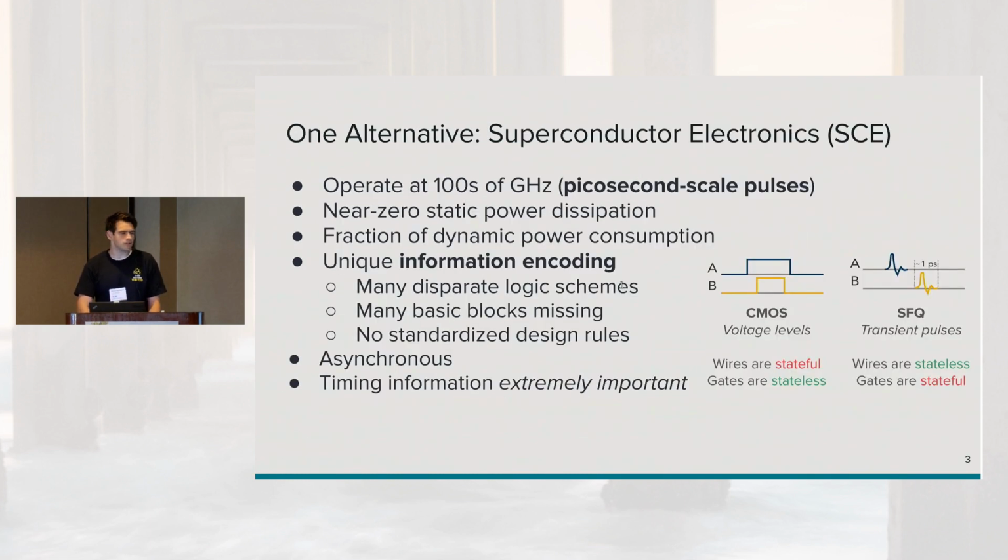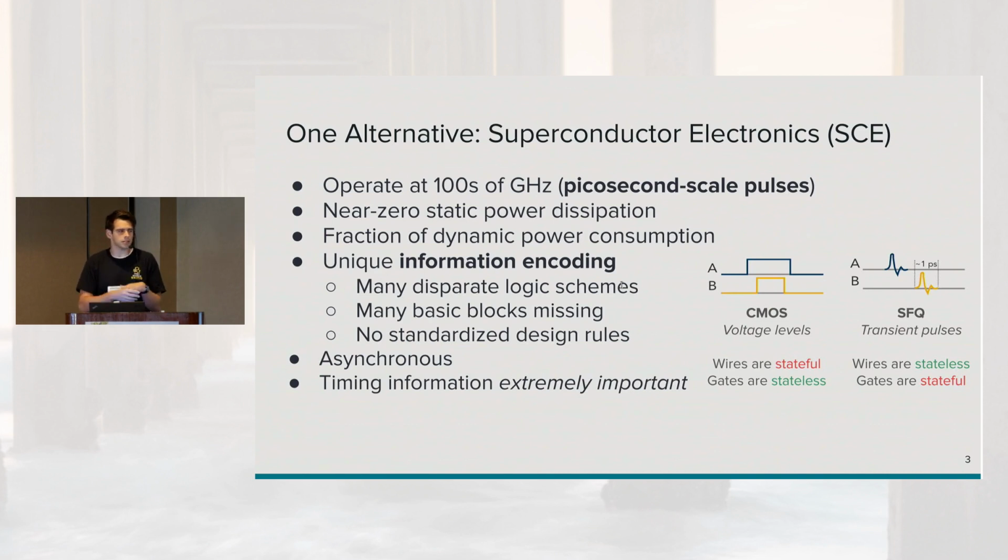And so one of those is superconducting. Practically, superconducting trades on this low-level quantum effect called the Josephson effect, but I'm not going to talk too much about that. Practically, I'm just going to think of these as transient pulses. So the diagram is what I should explain really quickly. Classically, in CMOS with semiconductors, we can think of two wires, and they have this constant voltage piping in the values. So I can always put a multimeter on the wire and say, well, is it high or is it low? And what that means is I can think of my wires as being stateful,